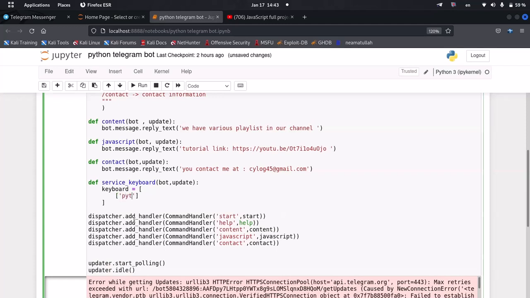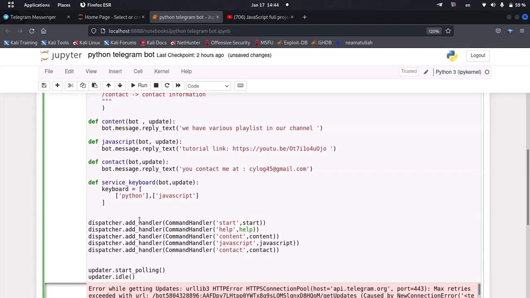Like maybe Python, and the next one is going to be JavaScript. For now we are going to have these two keyboard buttons here, and let's do the next. So I have bot.message.reply_text,